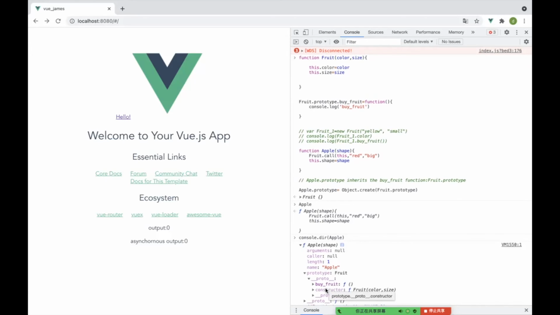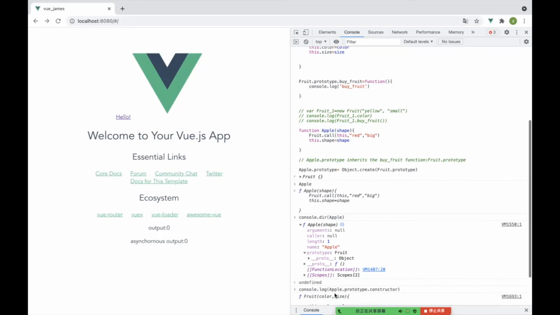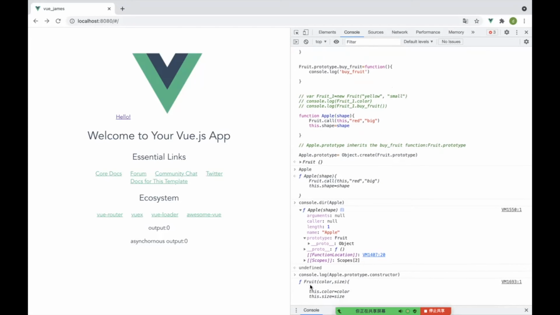So this one is right, but the other one is that I think we have erased everything, or substituted everything, under the prototype of Apple by Fruit. So there's an error we can really discover if we console.log Apple.prototype.constructor. It doesn't return back to Apple, pointing at Apple itself, but it will point at, let's say, the Fruit. That's the result, the Fruit itself. Why is it like that? Because if we assign